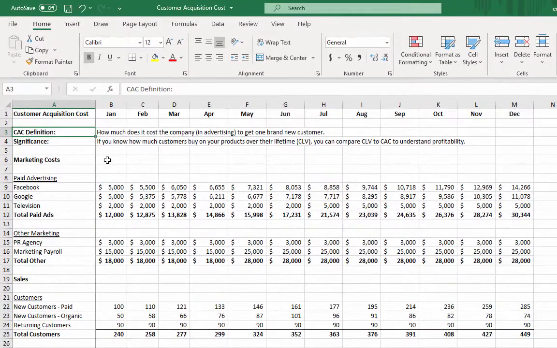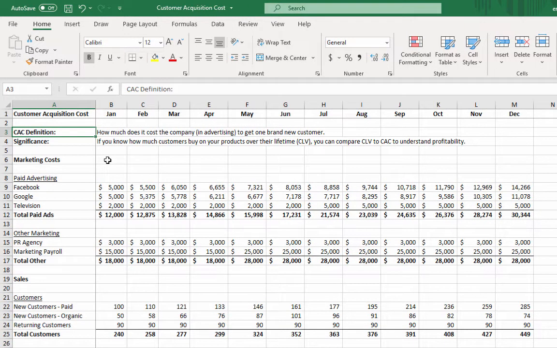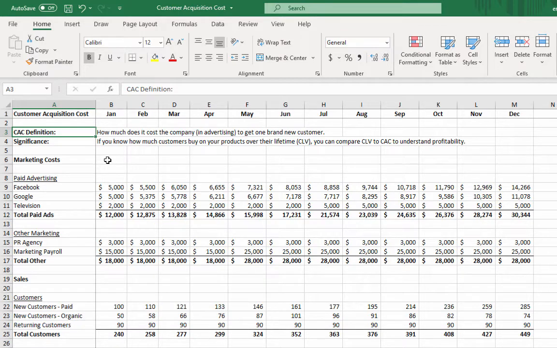At a very high level, customer acquisition cost, we call it CAC, is just how much the company needs to spend in advertising to get one new customer to buy for the first time. The reason this is important is that if you know your customer lifetime value, which is basically all of the purchases on average that a customer will make during their relationship with your company, then you can compare that to your marketing costs on that first order to figure out what's the maximum we can spend in marketing to bring a new customer into the company